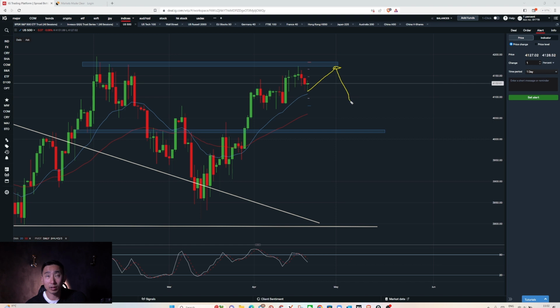Back to this area, take some profit, and then, in case it goes up again, it goes like this. So you can see it doesn't go in a straight line. It could go like that, boom, boom, boom. So we have the first one. So we could see a 4,170 test again and then go down, but a little bit like a staircase to